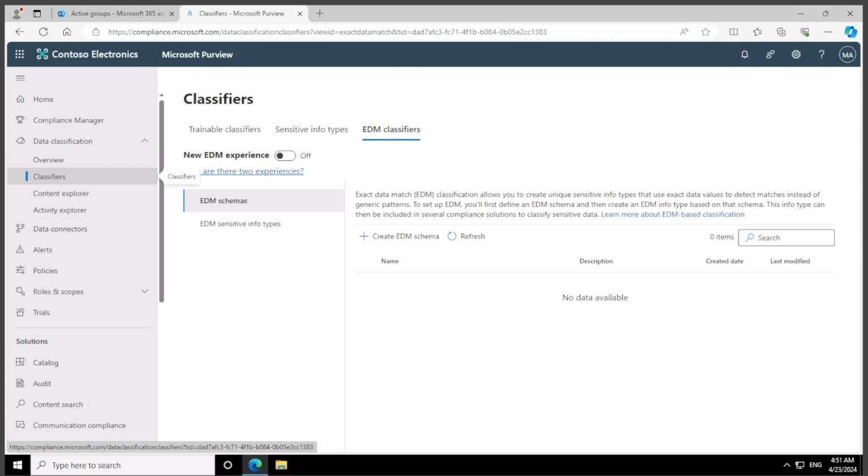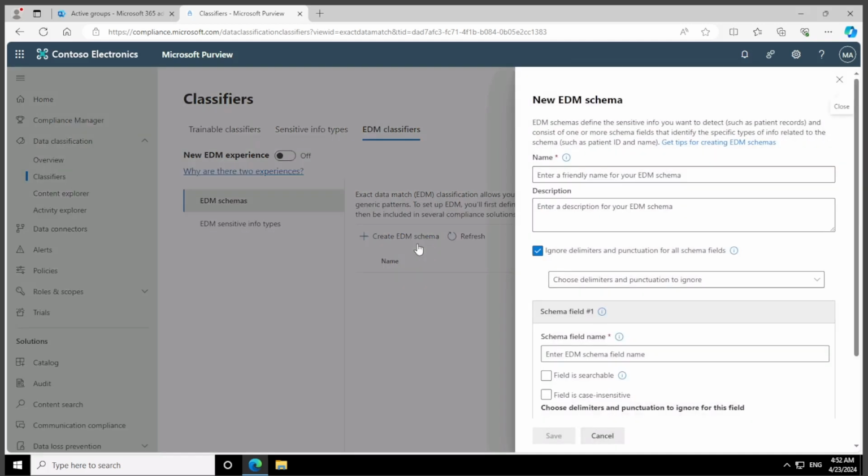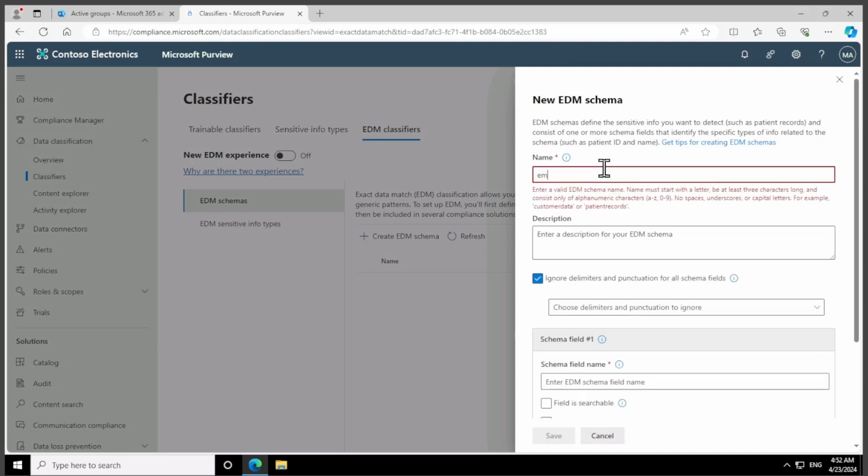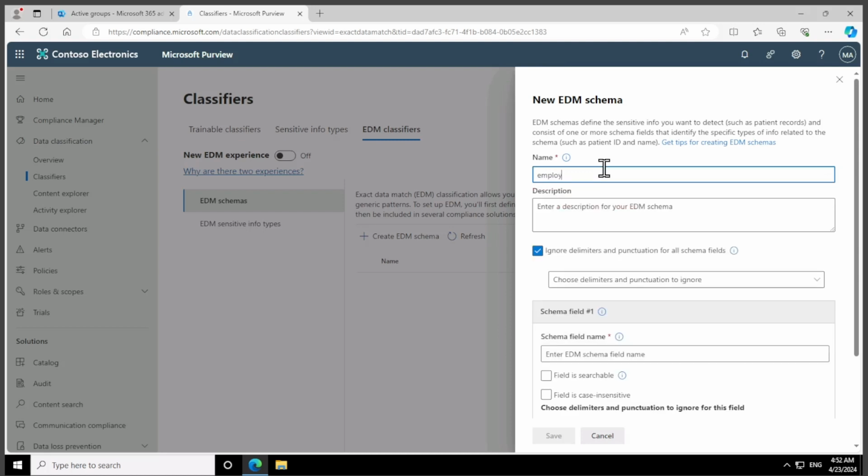So the first thing we want to do is create an EDM schema. By default, the EDM schema is selected. So I want to go ahead and click on create to create an EDM schema. Now I want to give it a name. I want to enter a friendly name. Since we are talking about employees, I'll call it an employee DB. So I'll give it that name of employee DB. And then I'll give it an optional description. Well, I'll call it a database